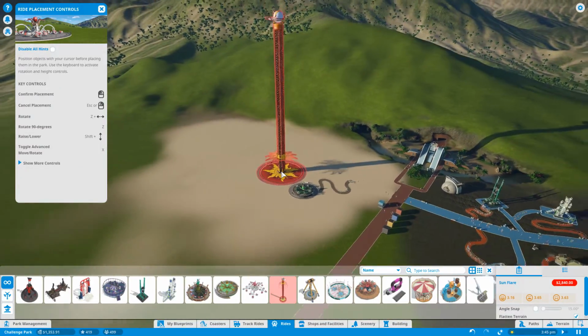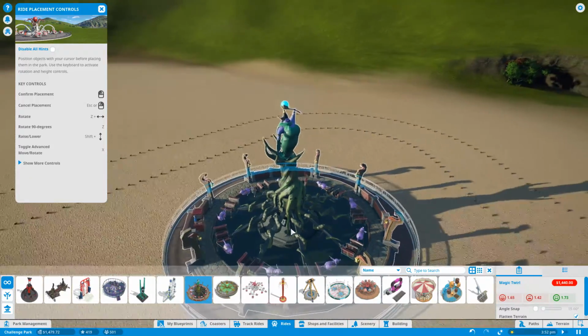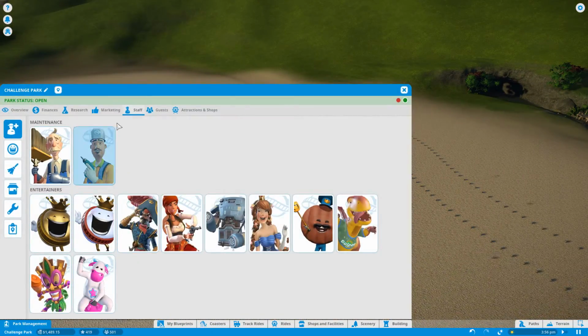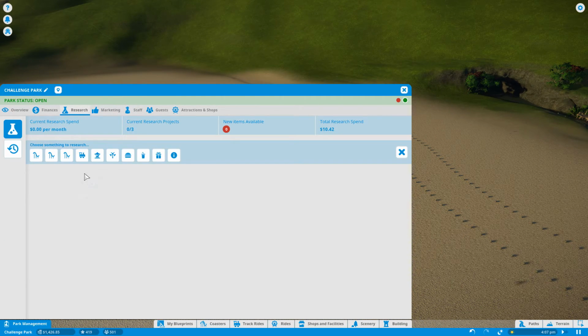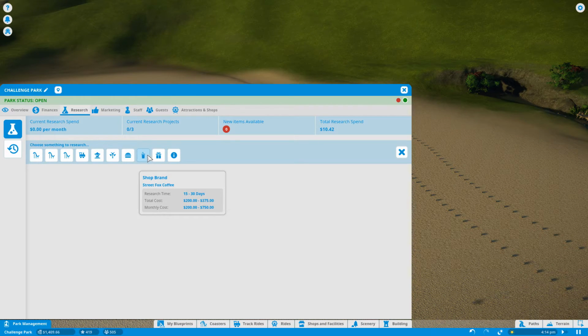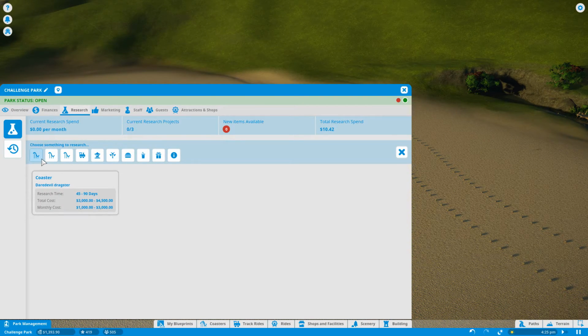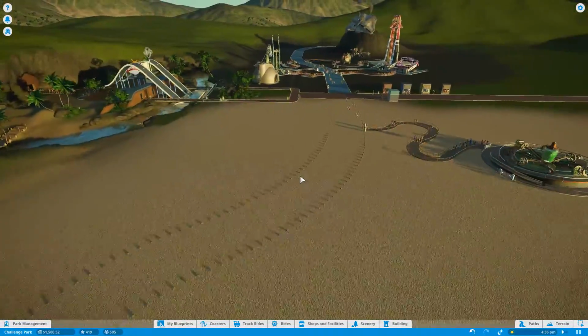Sunflare. Whoa, I'm guessing that's sci-fi, if I'm honest. I think we can get away with sci-fi, certainly. Magic Twirl, what's this thing? That looks like a fantasy thing. I did look at that before. What I'm tempted to do is do some research. Don't know what I'm going to research, but I feel like I should do some research. That's going to take some time. Information kiosk, food, replicated aerial acrobatics. Okay, we're going to start researching this. It's going to cost us some money. It's going to stop us building some stuff, but